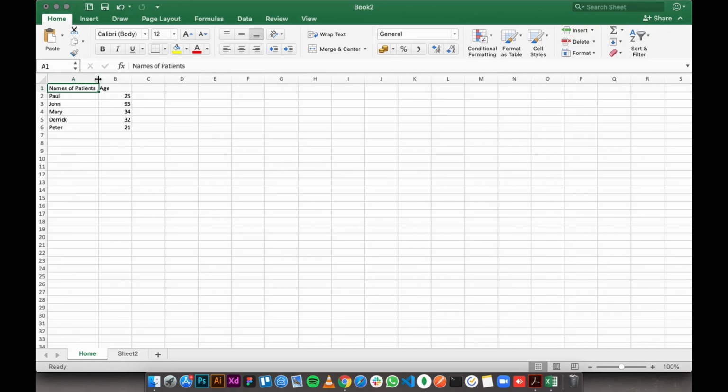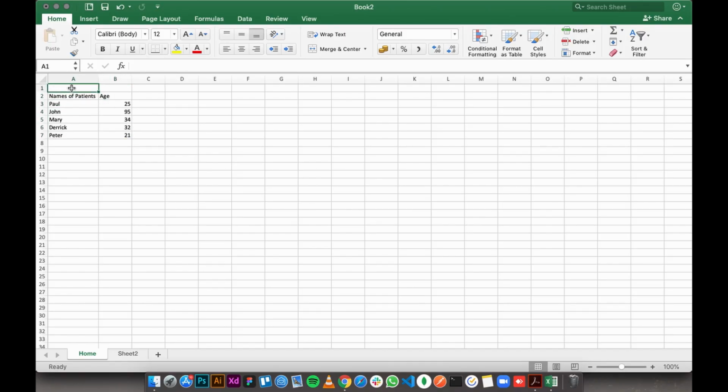Double clicking on that column, on that space, would automatically resize the column to fit the longest content inside that column. So now I'm going to highlight my entire data entry, and I would use Ctrl X, or Command X on a Mac if you're on a Mac, but Ctrl X on a Windows system, to cut the data and then paste it,